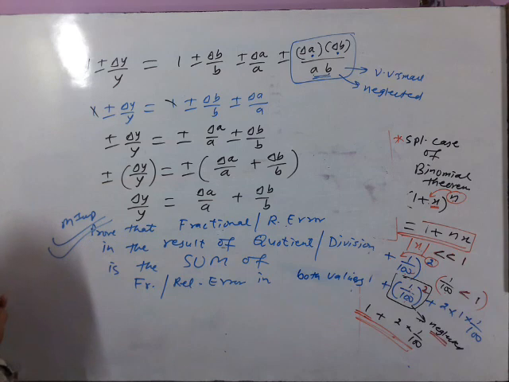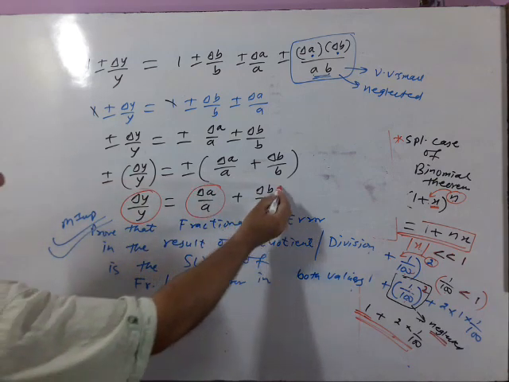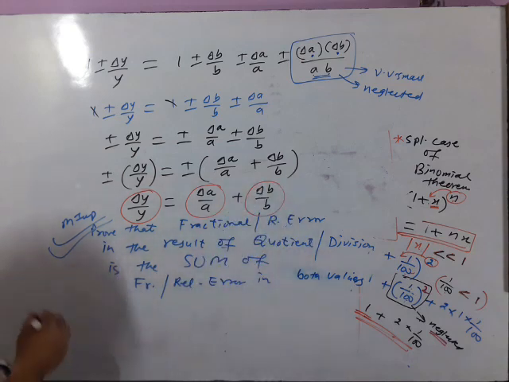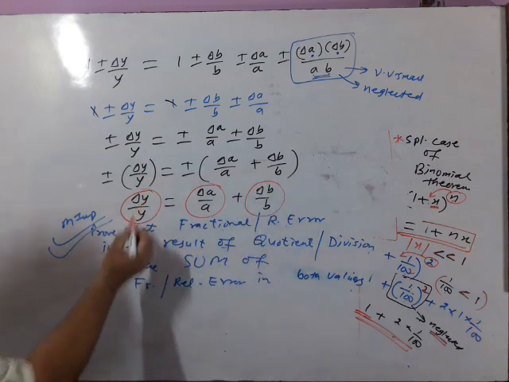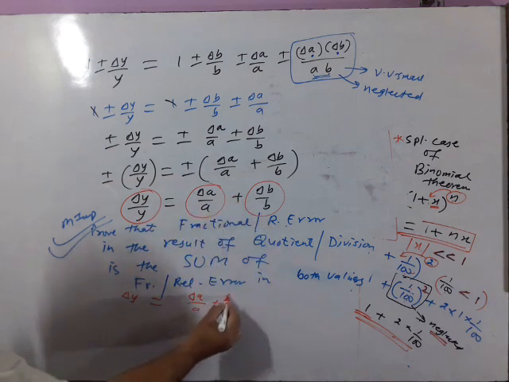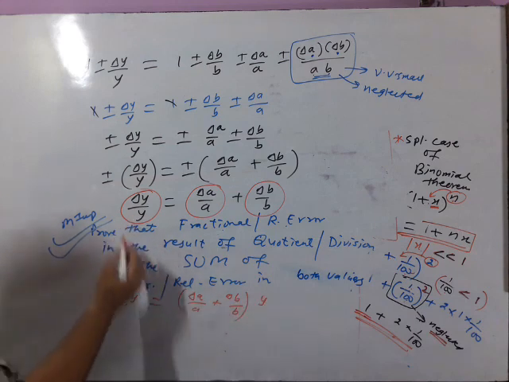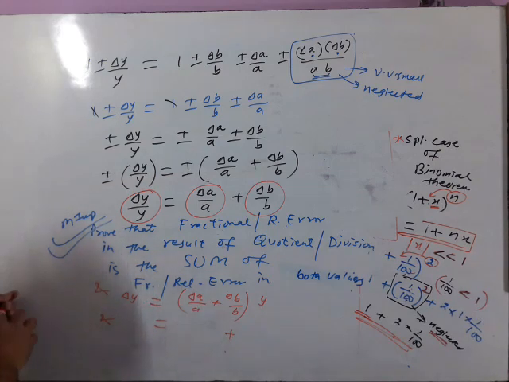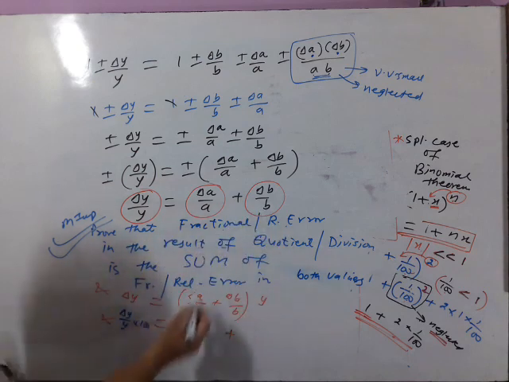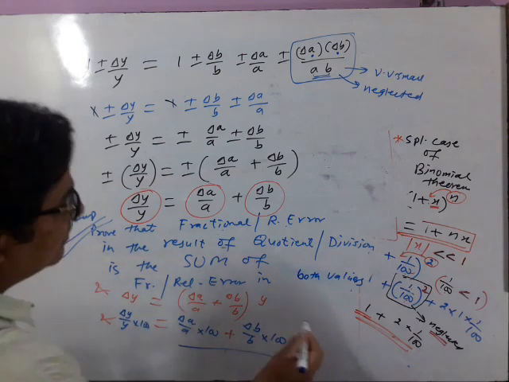See, this is relative error in y, this is relative error in a, this is relative error in b. So this is written. Same way in multiplication you can find error in y by multiplying y on the right hand side, and if you want to have percentage error, then multiply 100 both the sides. This will become percentage error in y after multiplying 100 both the sides, and it will become percentage error in a, and it is percentage error in b. Got it?